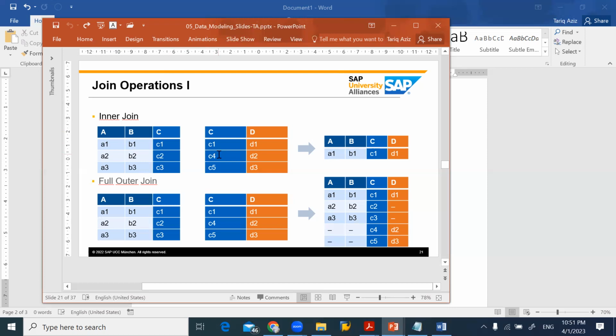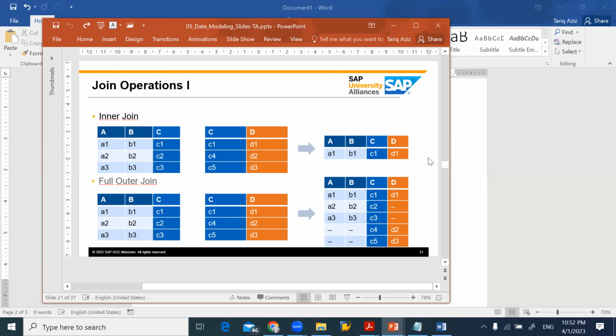Oh, C2 is not available, so it will not display anything for C2. For C3 to C3, there's nothing, so it will not display anything except C1. Only the matching rows will be displayed. So you see that in these two tables, only one row is matching. That is why, as a result, we get one row. Make sense? Inner join means